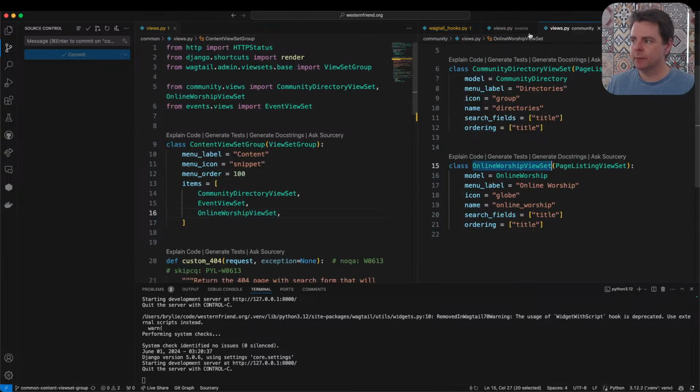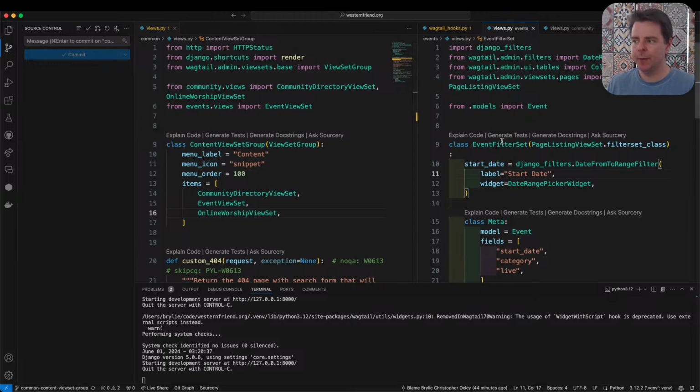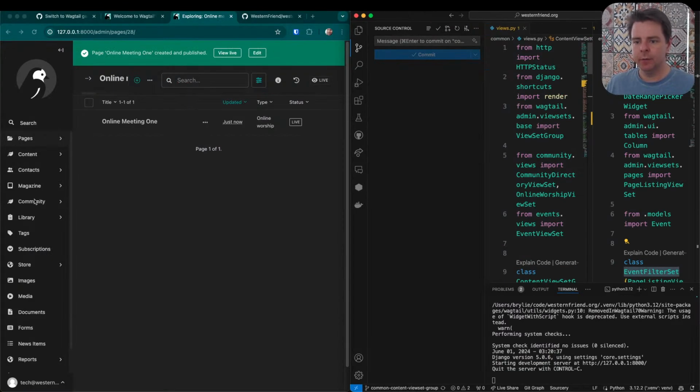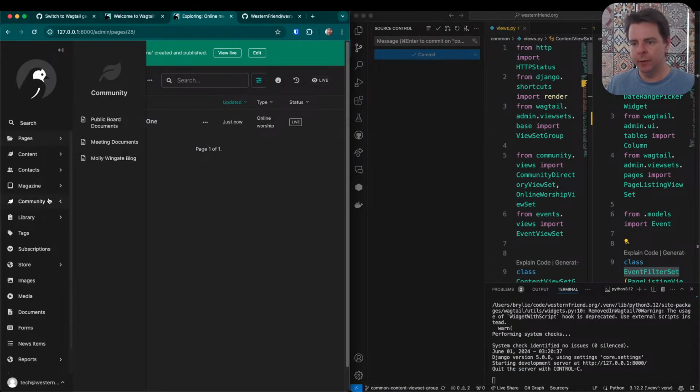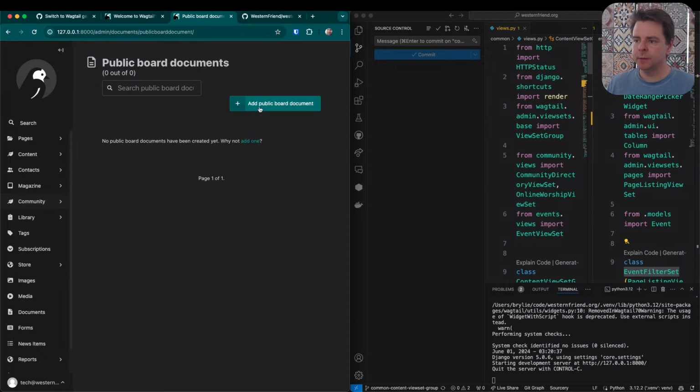So this becomes our reference. I got 2 references that are essentially the same. We may need to filter. I don't think so, but let's check our documents. Let's see how they render. So if I go to, for example, the community, public board documents, it's just